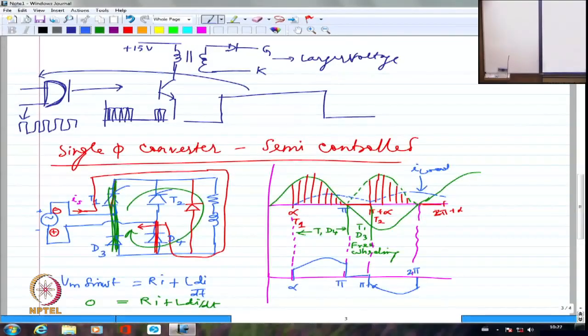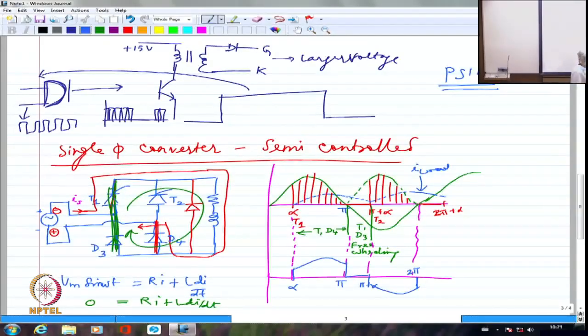PSIM. It is from PowerSim Incorporated. It's one of the simplest softwares compared to Simulink, MATLAB and so on. Right. So much so for